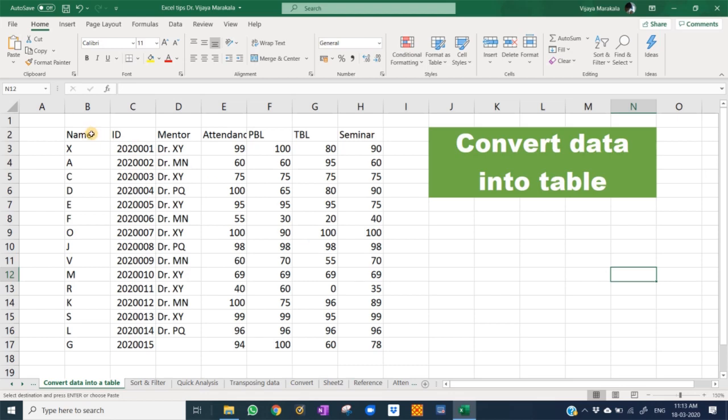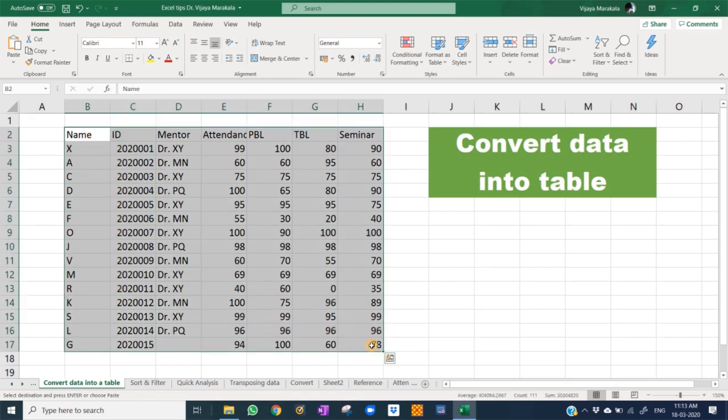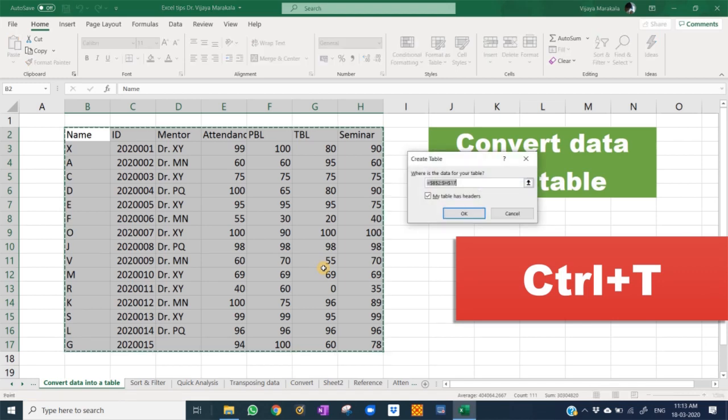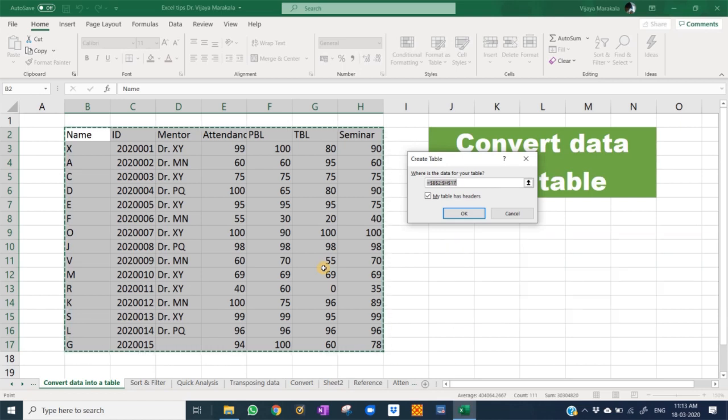First, you need to select the data in your Excel spreadsheet. So, I am going to select this particular data. To introduce a table, an interactive table to your data, just press the Control key, then press T. So, that means Control plus T.